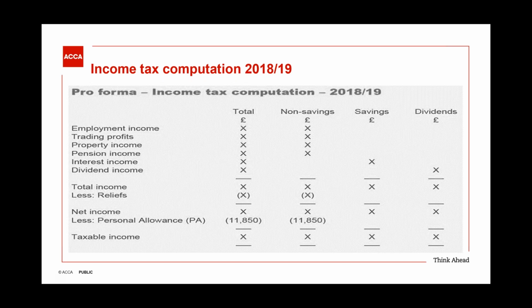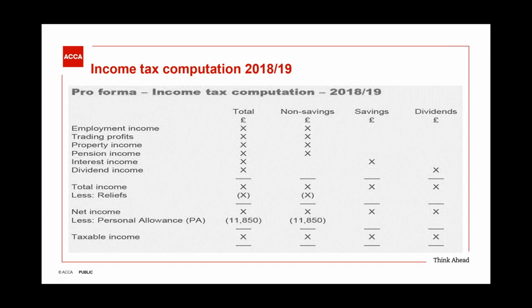If your savings income or interest income falls within the first 5,000 of your taxable income, that savings income is subject to 0% rate. I'll repeat, if your savings income falls within the first 5,000 of your taxable income, that savings income is subject